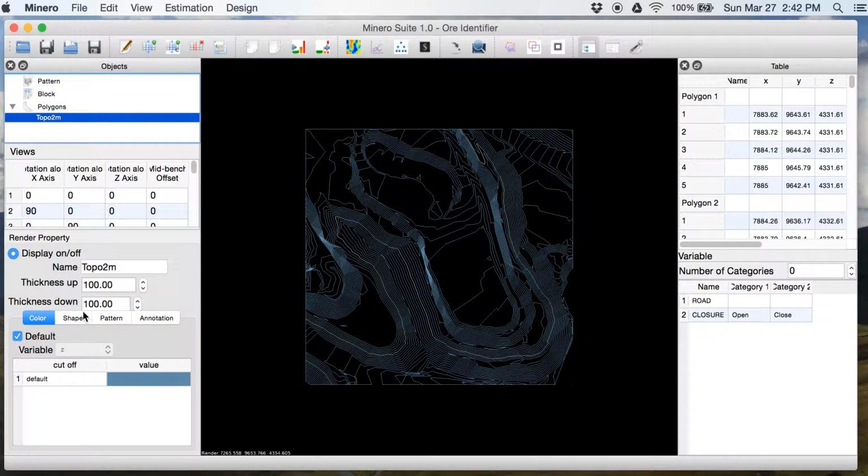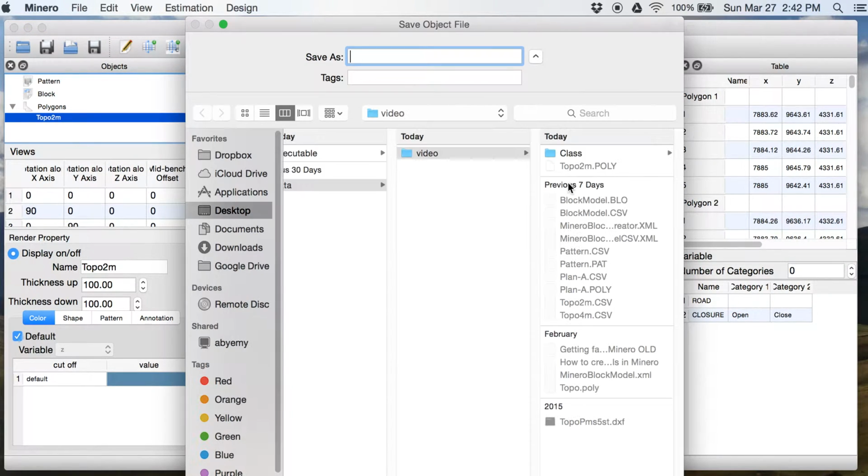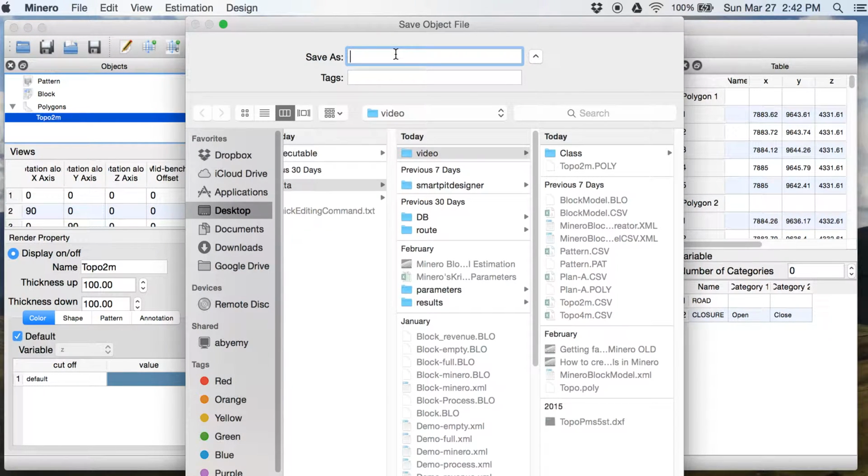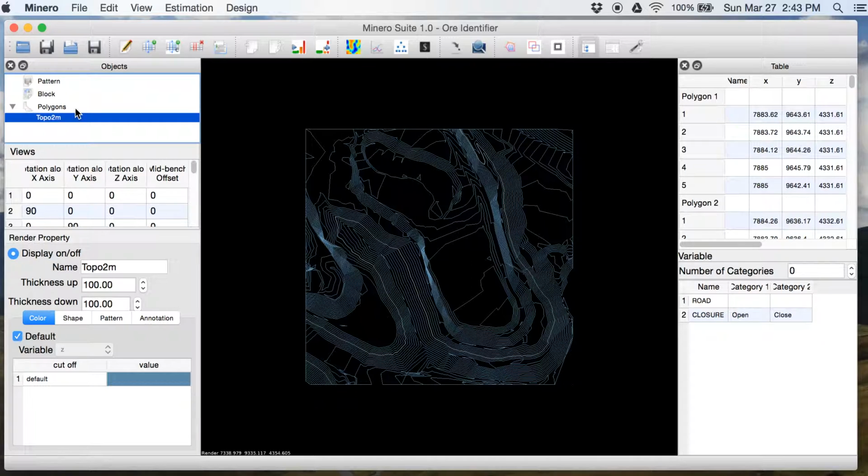Also, topo can be saved with the poly extension.